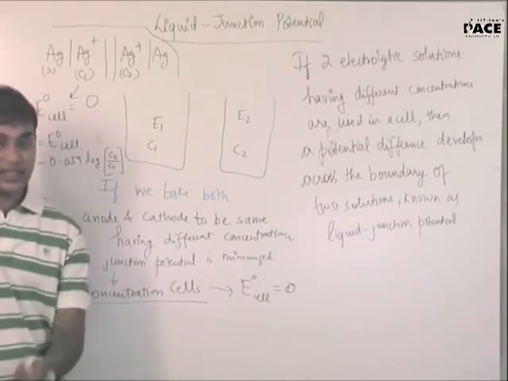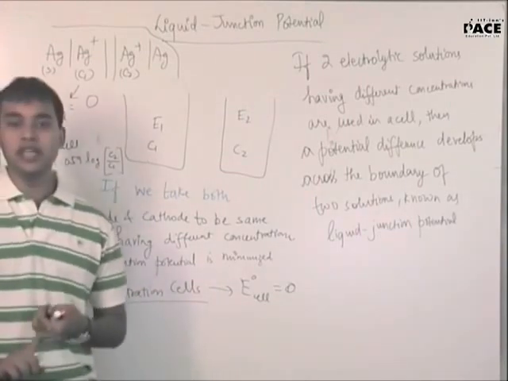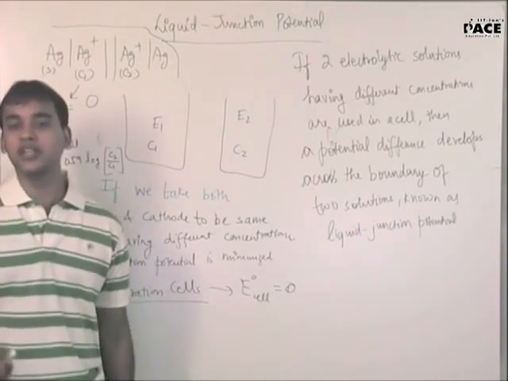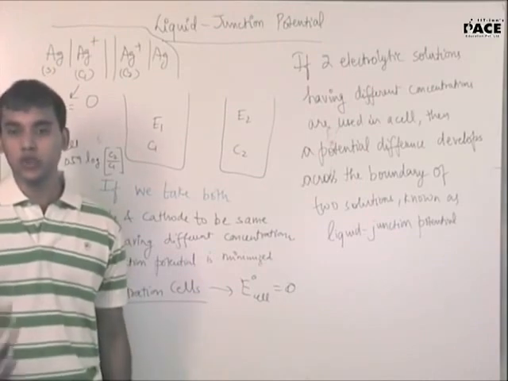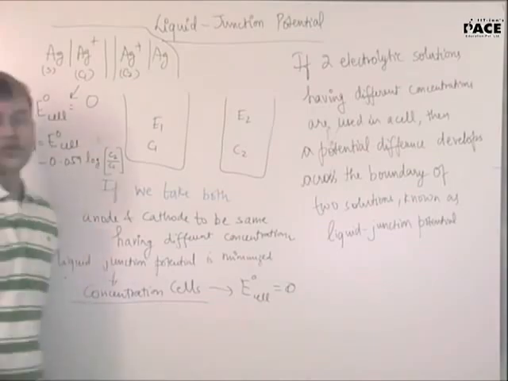They will ask you E cell, not E naught cell, and you will be thinking what is E naught cell, and they will give you one option, data insufficient. So, now everything is clear? Sure? Yes, sir. Just write it down now.